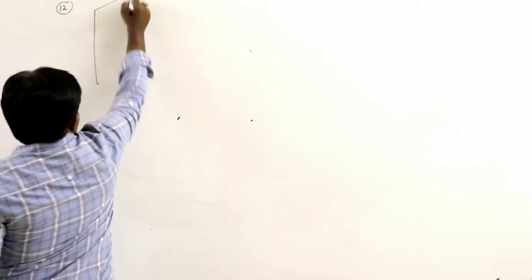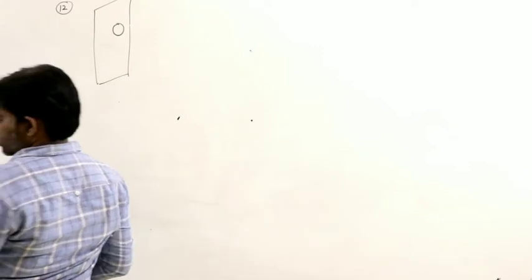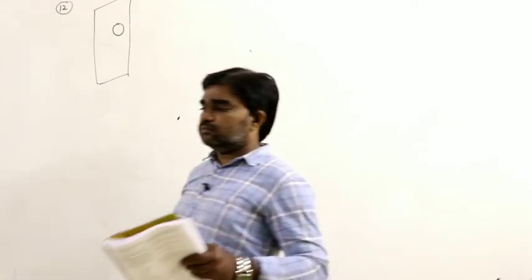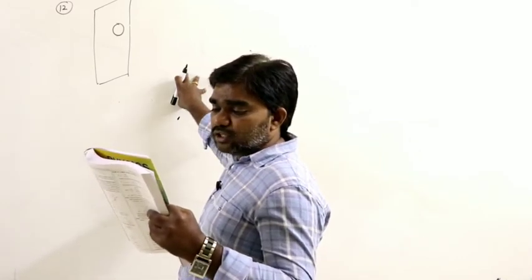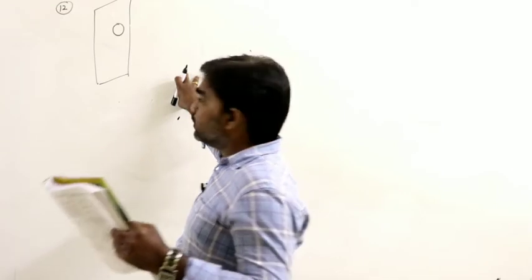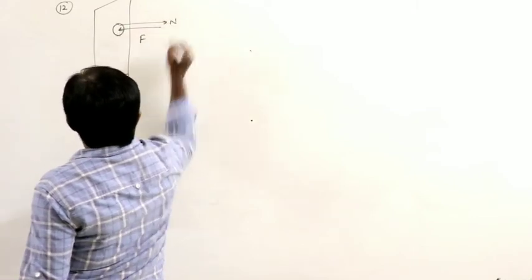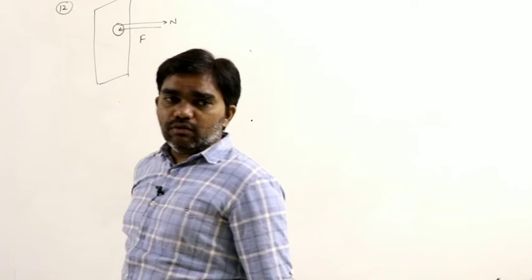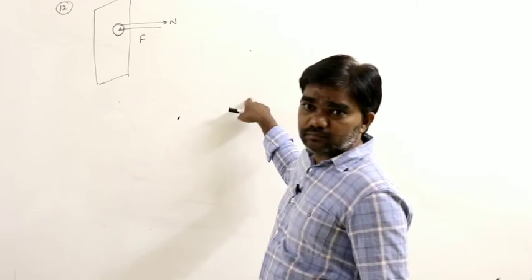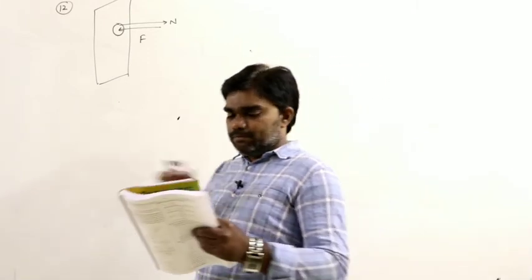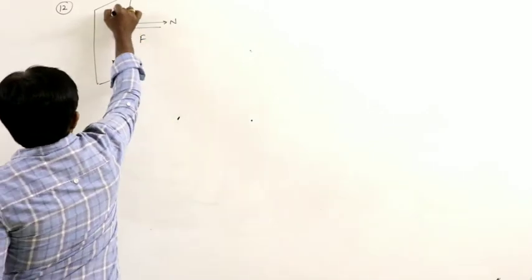So let us say this is the wall. A sphere carrying charge is kept at rest without falling down, touching the wall by applying an electric field of 100 Newton per coulomb. This is the direction of the applied force and this is the direction of the normal reaction. Let us recall the friction concept: a body pressed against the wall, friction on a vertical surface. That is the situation. Here the weight of the ball is acting downwards and the frictional force is acting upwards.